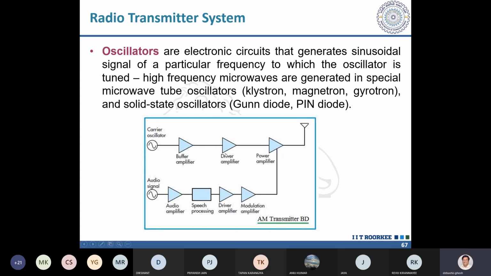Okay, so these are the local oscillators which will be producing your carrier signal. Your carrier signal and your audio signal are mixed in this mixer, which will also have a power amplifier, and then you will have one antenna. In that antenna, you will be throwing that modulated signal out into space. I am talking about wireless communication. In wireless communication, you will throw it into space. Otherwise, it will be transmitted through some other guided medium.